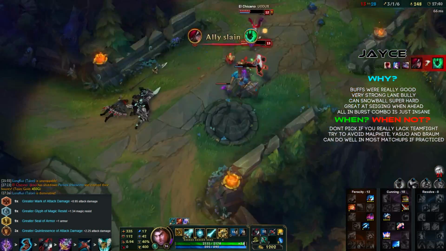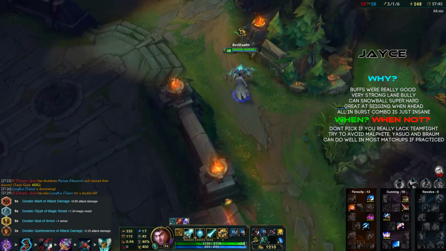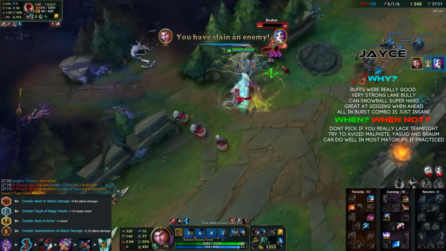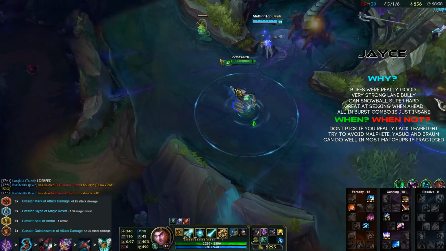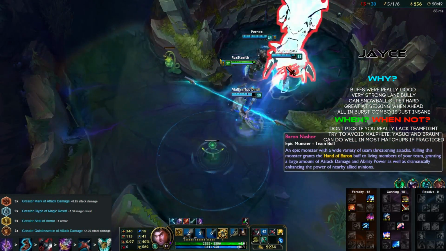Now, as for when you should not pick Jace, you can pretty much pick him into anything and you can at least go even in the laning phase. The only champions that I would really try to avoid are Braum and Yasuo. Malphite can also do pretty well against Jace if the game goes to the mid to late game and Malphite can just stack that armor, but I would definitely recommend just not picking him against Braum,